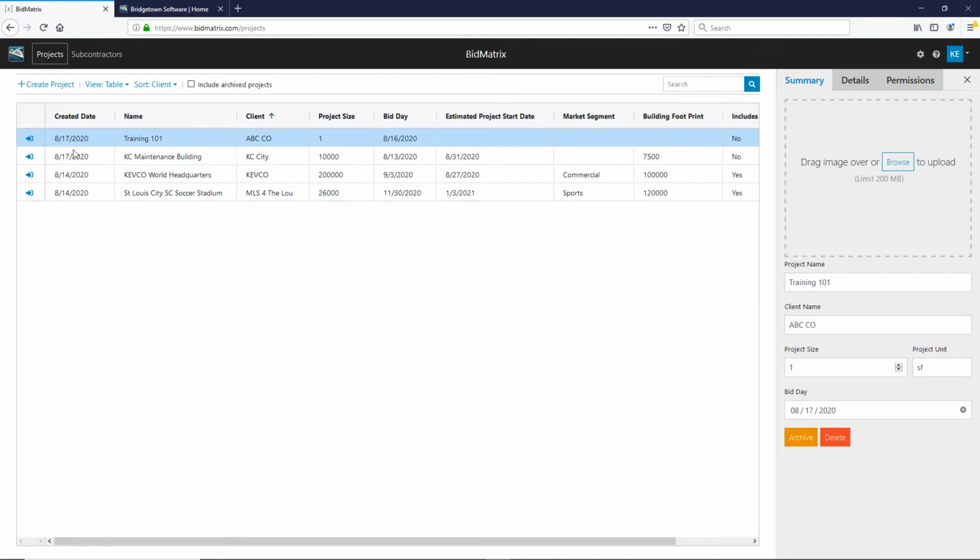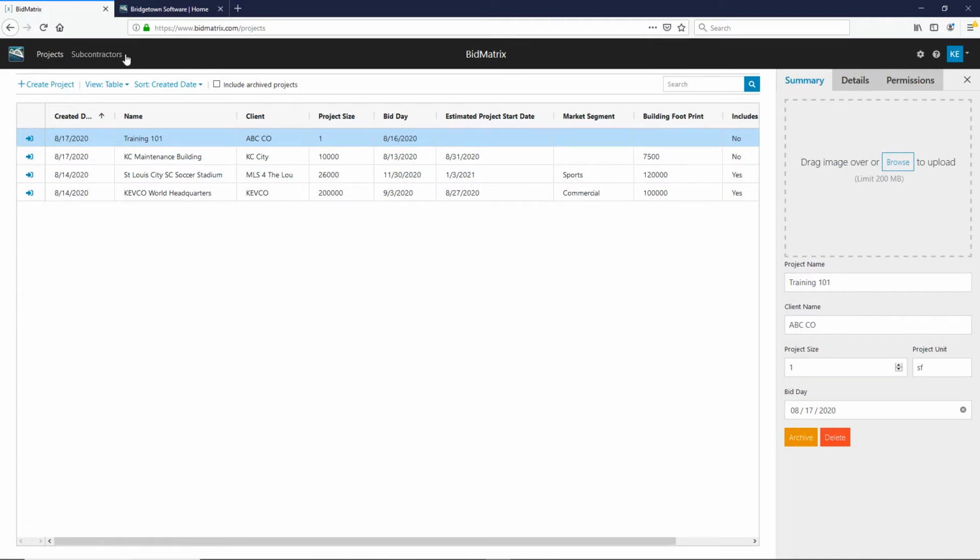So for an example, when I'm looking at this, I can click on different things and it will actually sort by those different titles or whatever they are. So creation date, name, client, project size, those are all built in the system. So every project will have those type of things. And then these we'll get into in a later session called attributes, where you can actually keep track of what's the estimated start date, or what's a zone or a region or a market segment or things of that nature, and actually go back and be able to sort by different attributes to find projects and things of that nature at some later point.